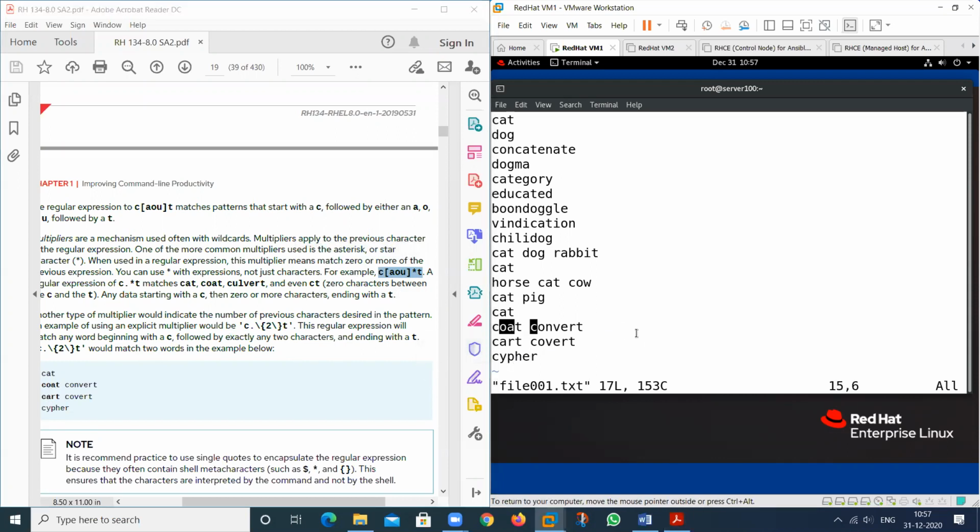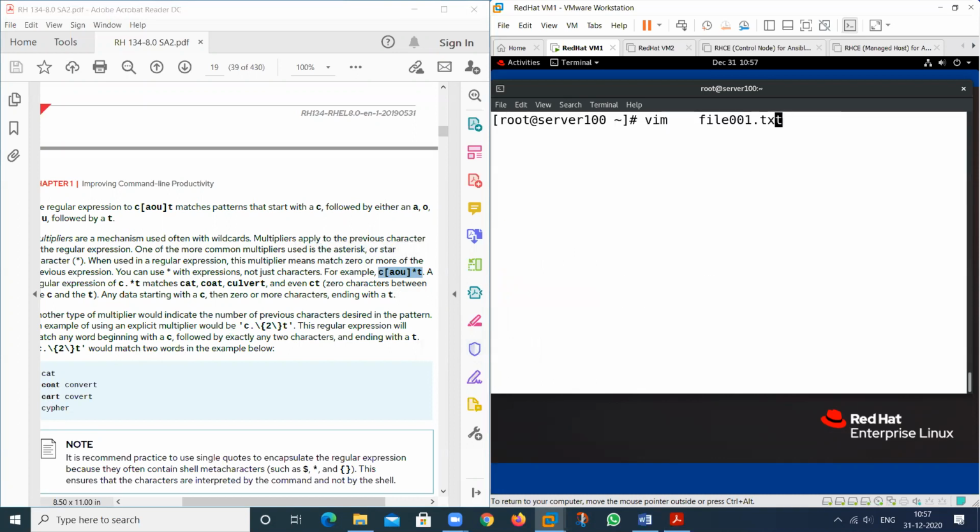So I have made one mistake, so the result will not save. And see, if I print here star, star means all.